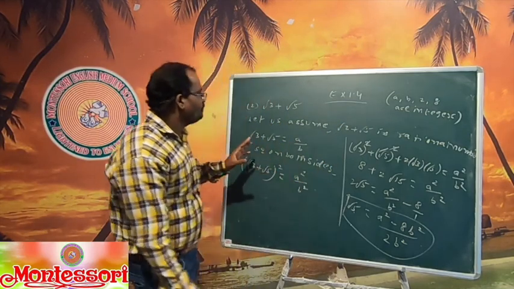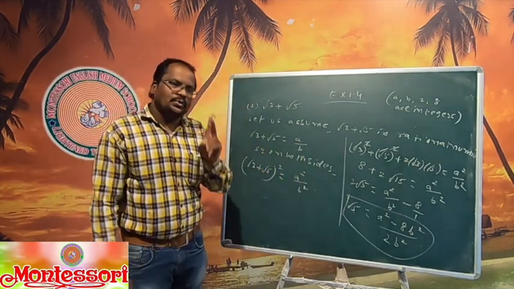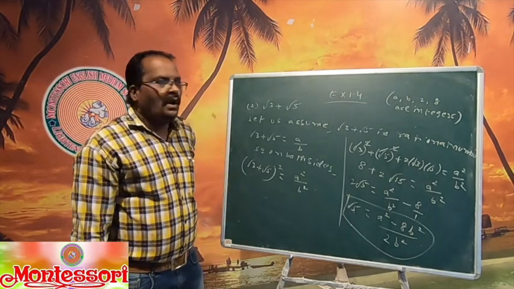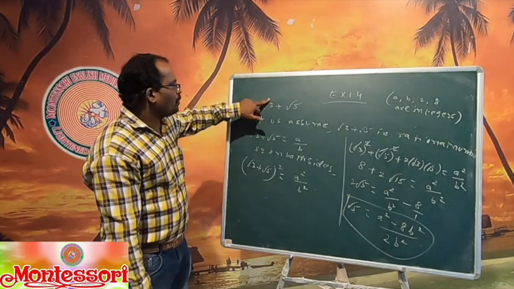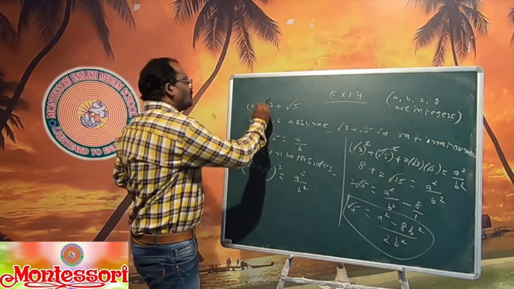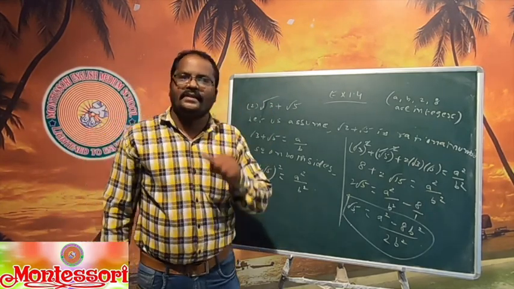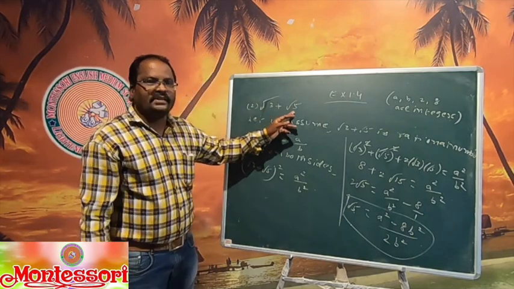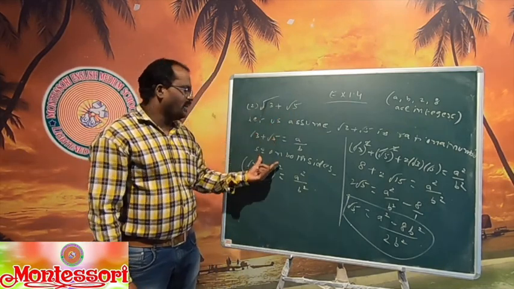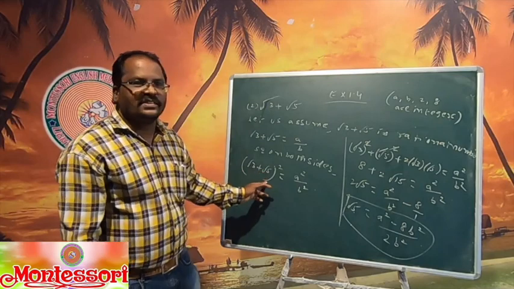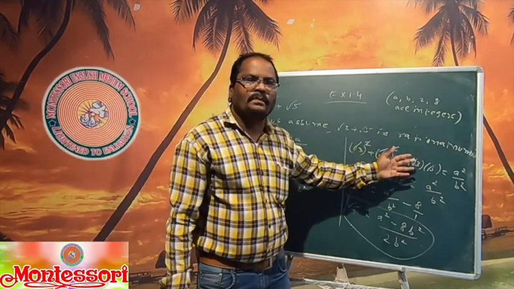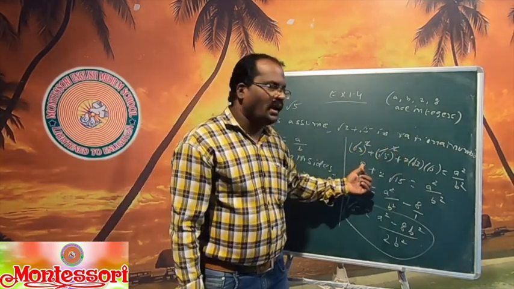Once again, the result. First of all, two types of questions are there. One question is with one term without root, and another question is where both are inside the root. First you give the clarity. Both are having the root, so first you do the squaring on both sides. The (a plus b) whole square formula: a square plus b square plus 2ab. Now 3 plus 5 is 8.